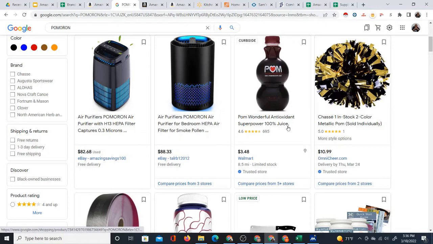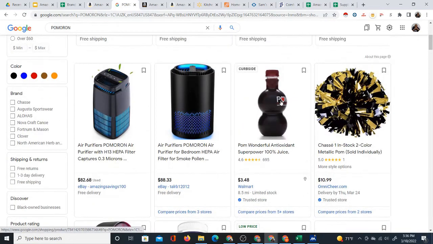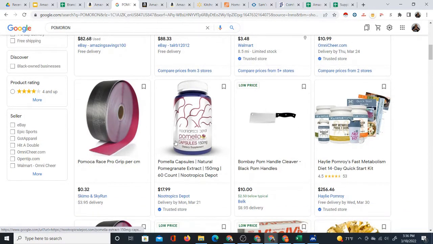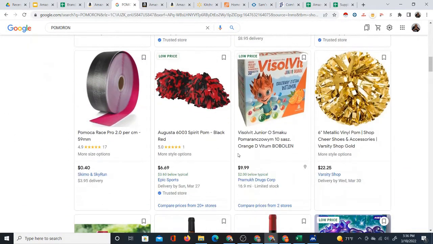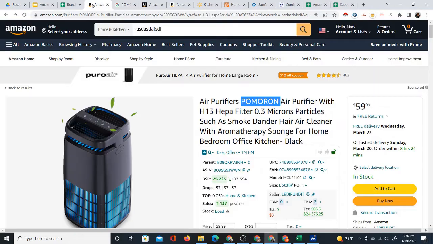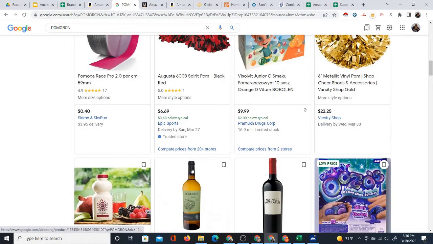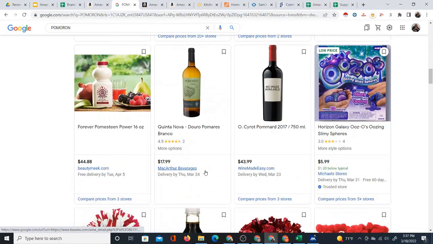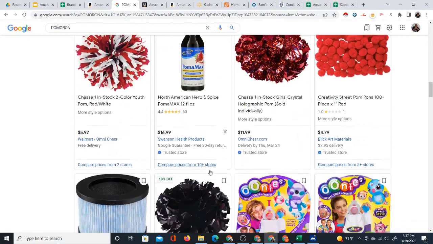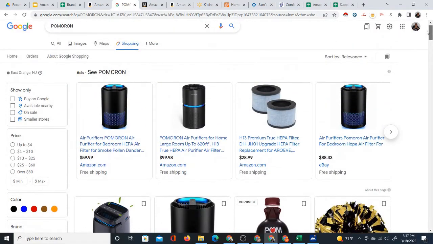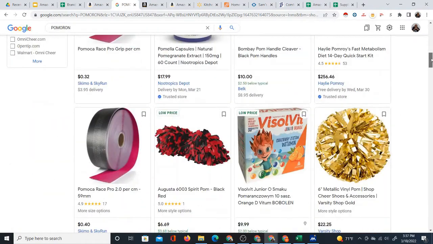We see Walmart come up, but we're looking for the brand, so this is not even the same. This is something else. We're looking for that actual exact brand name. Remember what the brand name was. We're looking for that actual name, not similar names. And let me see, did I see it up top? I don't even see the brand name